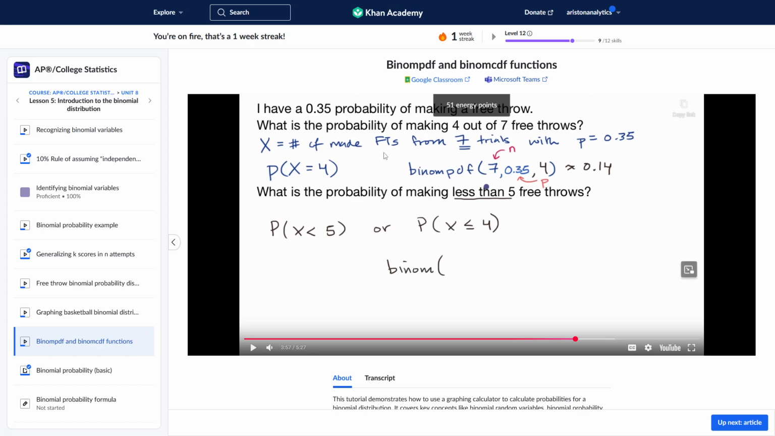What is the probability of making less than 5 free throws? So it's 1, 2, 3, 4. And the probability of success in each trial is 0.35. And now 3 or 4 free throws. And once again, a 7 trial binomial